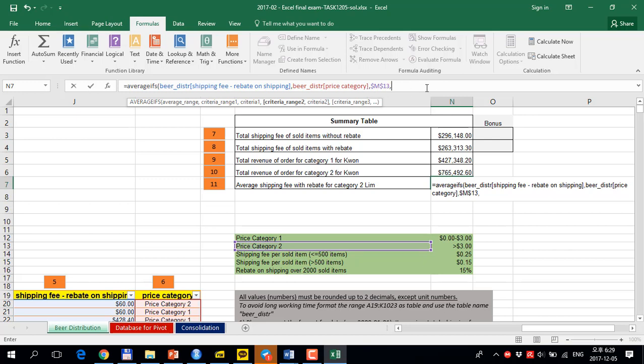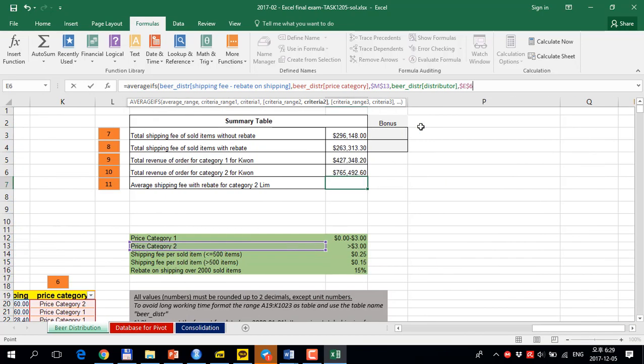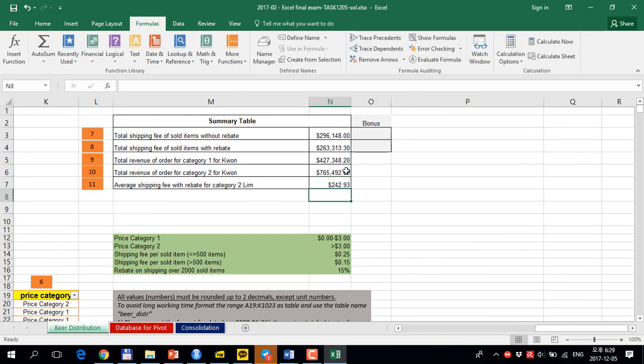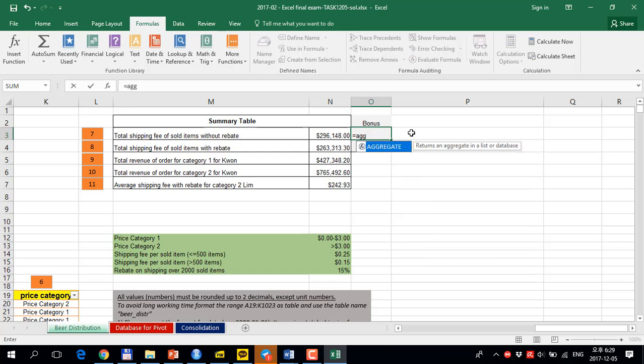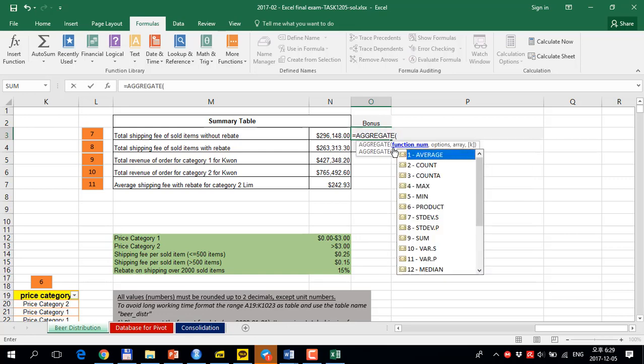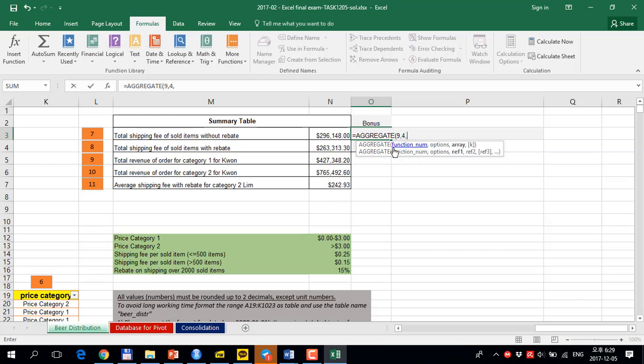for limb, so again beer distribution, the distributors, we need this distributor, and now that I got the name, the next one is limb, and done. Okay, so for average ifs we are done. Aggregate is the next step. Aggregate, you can choose anything what you like, it must be just sum, and of what, of course, the total